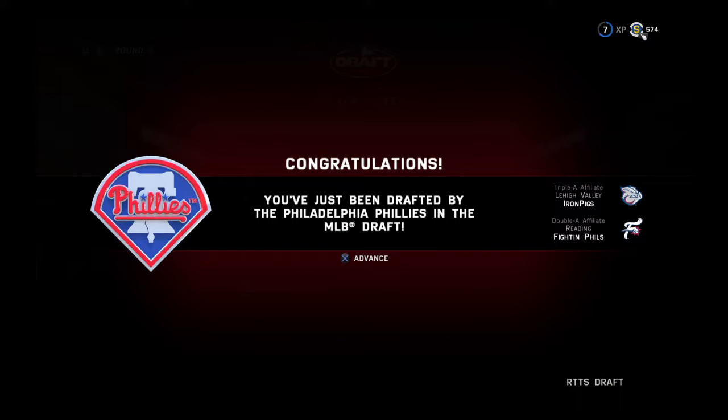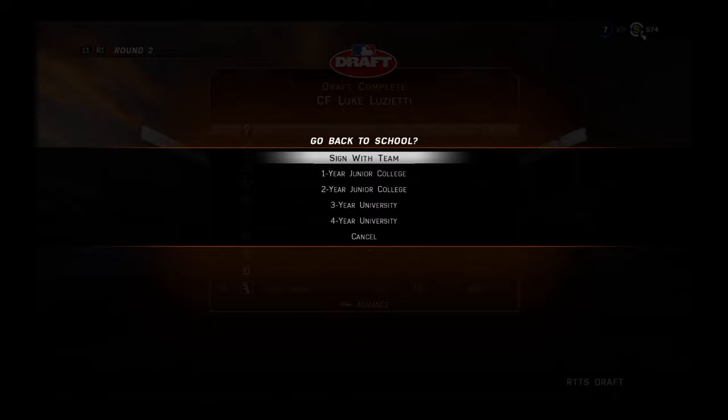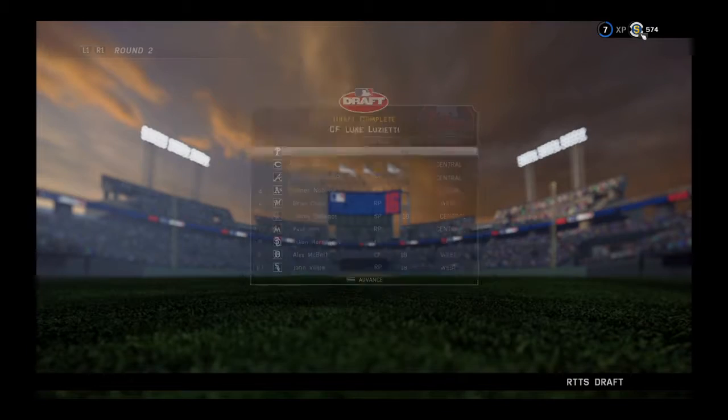Okay, so we're making our way through the second round now. The next team is on the clock, but before we get to their pick, guys, what do you think of the most recent selection? Well, I think it's a solid pick. At this point, teams are looking to grab those guys they've had their eye on that maybe fell out of the first round. And